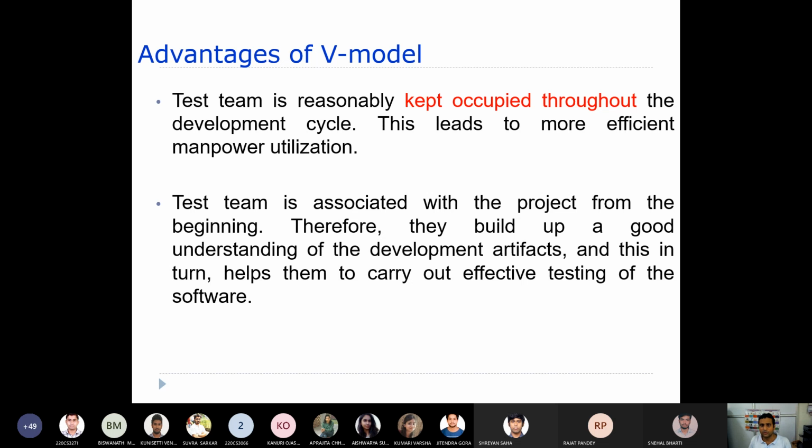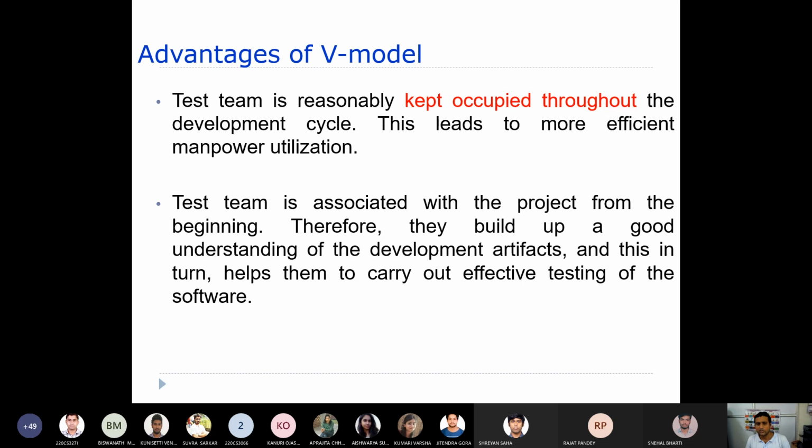If you go through this V model, you will be able to utilize the manpower efficiently, because they are kept busy working with the other phases throughout the development.